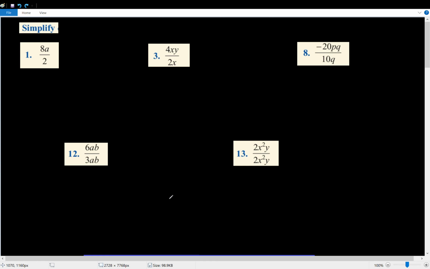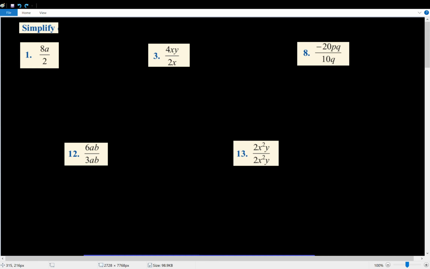This is questions 1, 3, 8, 12 and 13 in exercise 19.1 in Project Maths 1. We have to simplify each of the following fractions. What that's going to mean is we're going to just do out the division in each of these to get them simplified down to either a more simplified fraction, which is a fraction with numbers that can no longer be divided any further, or they will simplify down to a whole number, but we'll see that as we go